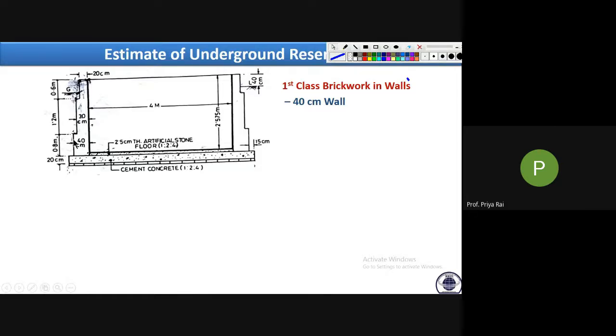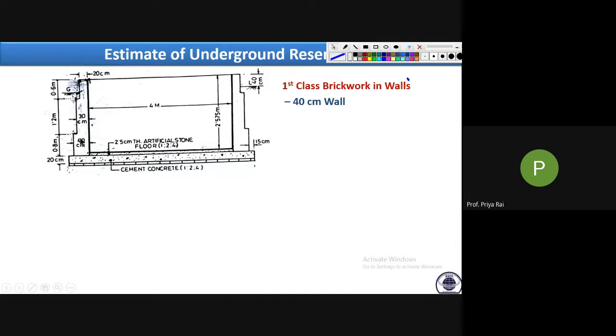If it was continuous, if it is of same thickness throughout its depth, then only the center line method was easy for you to do, because if we calculate the center line of the whole wall, that will be the length of the wall. And if we simply multiply this with the thickness of the wall, it will give you the area, and if we multiply that with the depth, we will get the volume. That would be easy. But since here their thickness is varying.